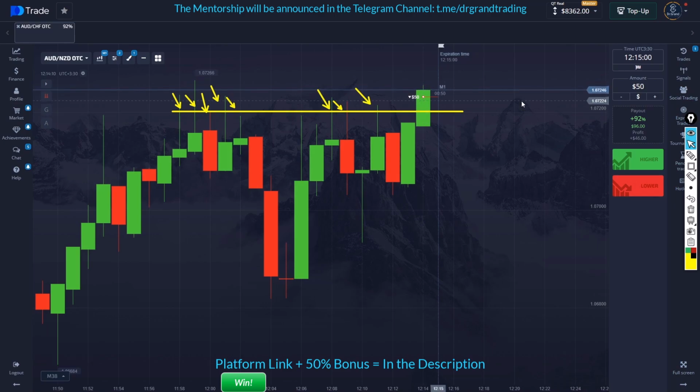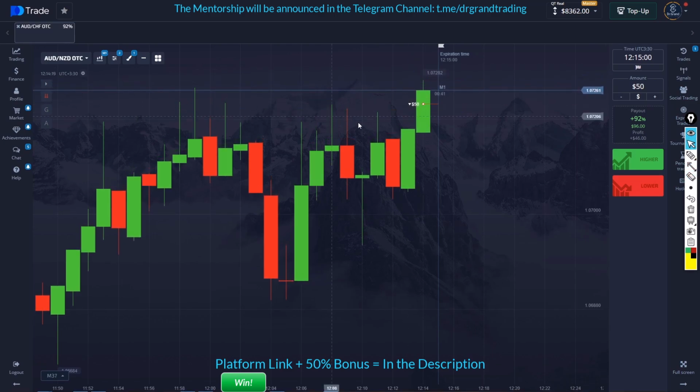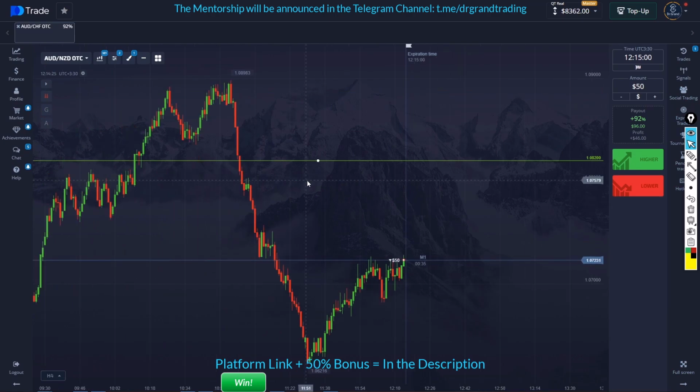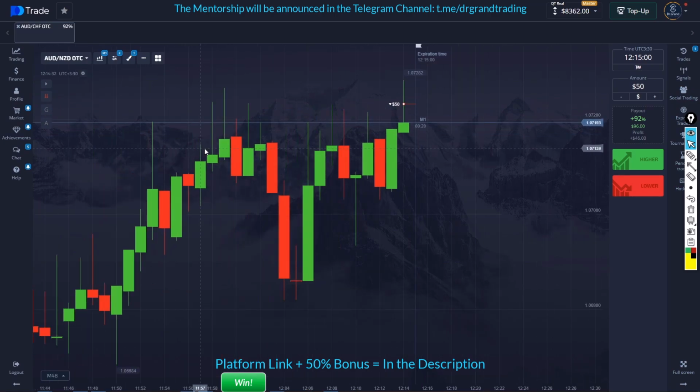You know, I go with 50 here because it's a risky trade. I don't have any other reason to take the sell trade, and the market's strongly breaking that. You see, we might win this, we might lose this. This is not a safe trade to take. That's what I'm trying to say. Okay, let's see, we might actually win this, but I don't mind if we lose this because it's not a good trade. All right,